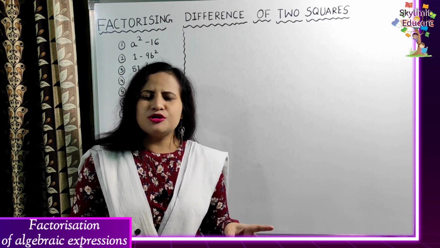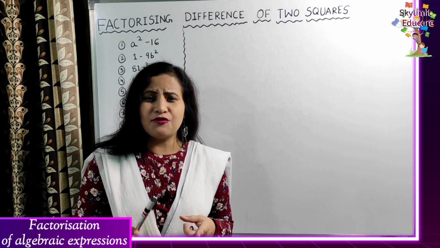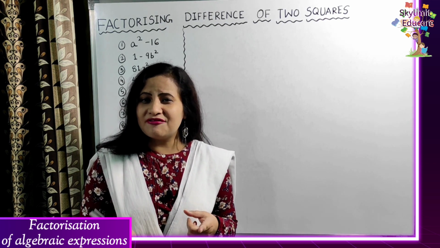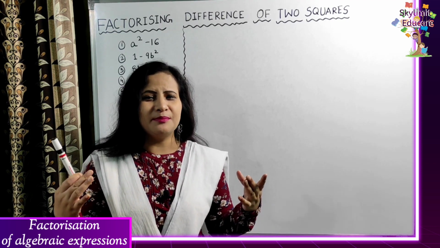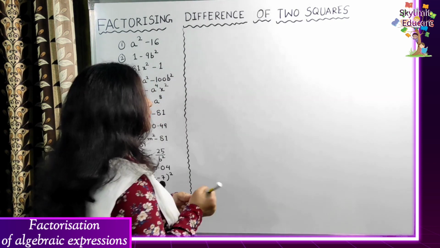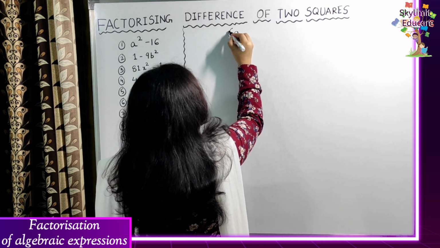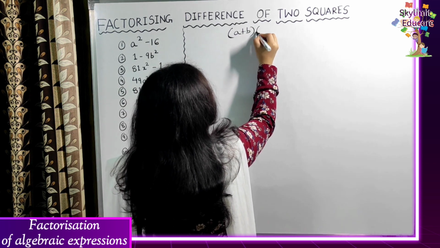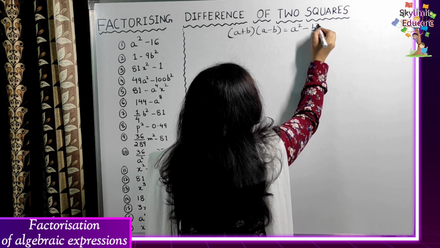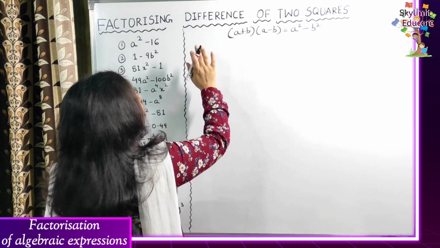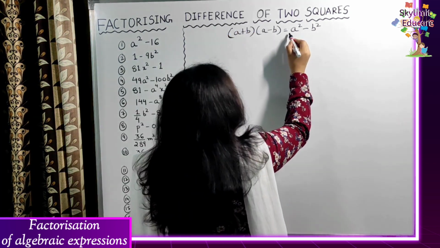If you go back to the identity, remember how you found out the identity for the product of the sum and the difference of two squares, that is a square minus b square is equal to a plus b multiplied by a minus b. Did you recall that? Yes. So we had read in identity that a plus b when multiplied by a minus b is equal to a square minus b square, right? So today we are going to discuss just the reverse of this. That is, factorizing the difference of two squares.